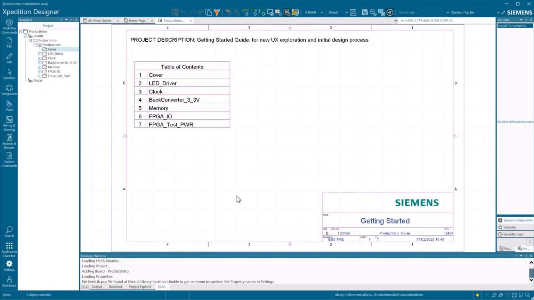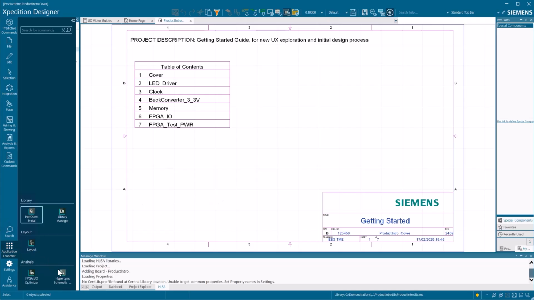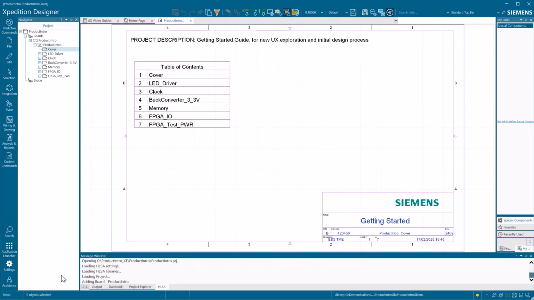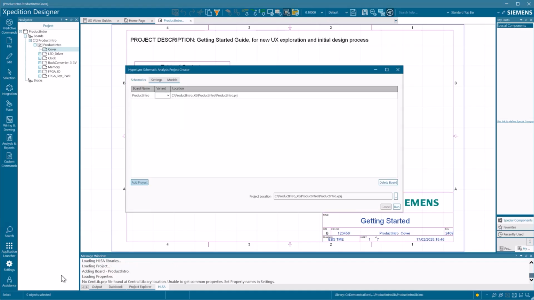When initiating schematic analysis directly from Designer, critical model data may be missing if model-specific properties are not present on a schematic. Another new feature in schematic analysis enables you to leverage SupplyFrame data to resolve incomplete model data and automate model creation for passive and connector models. First, launch schematic analysis from Designer.